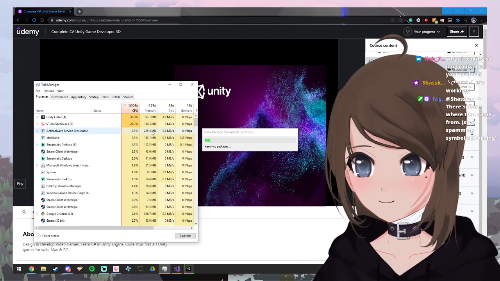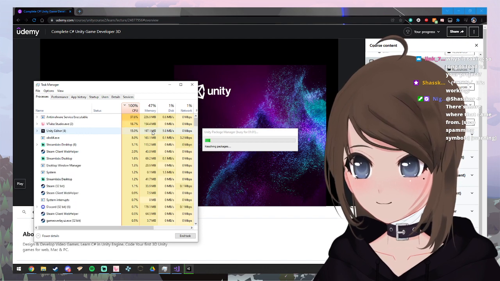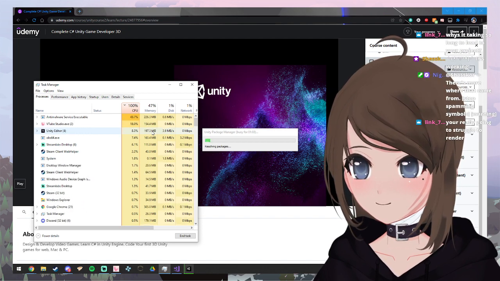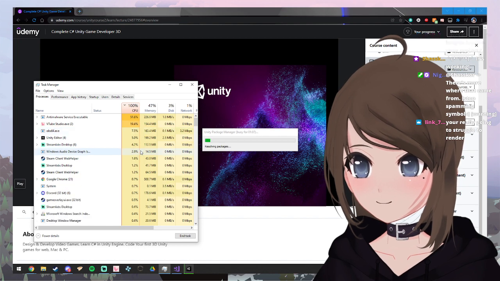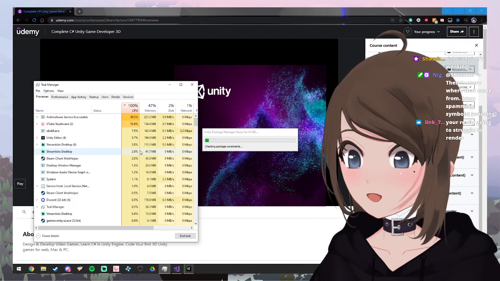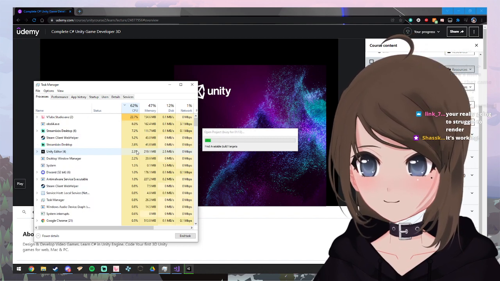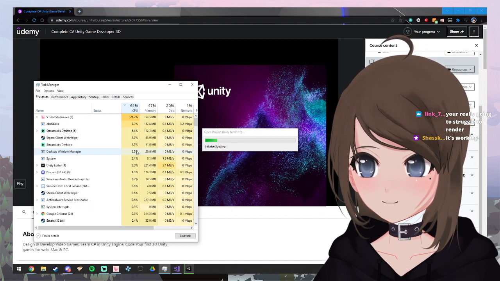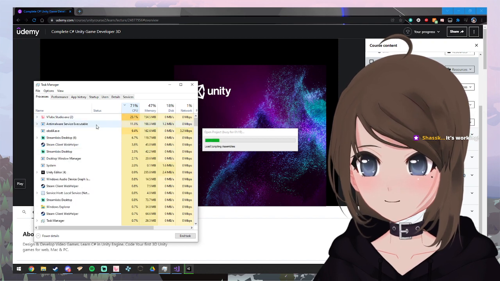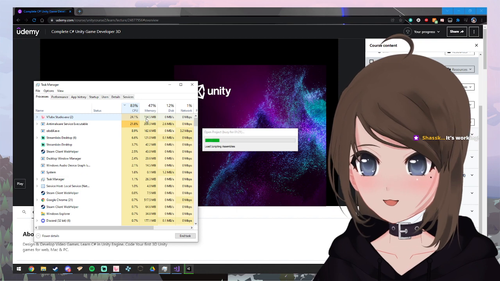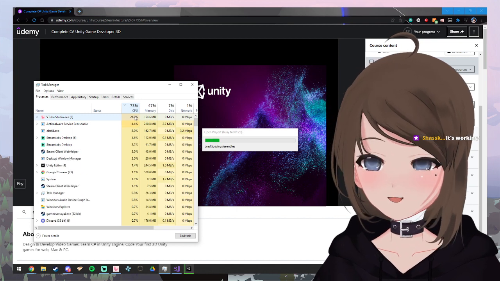Because computer hate me. Like, I need this open. This is just CPU dead instantly.